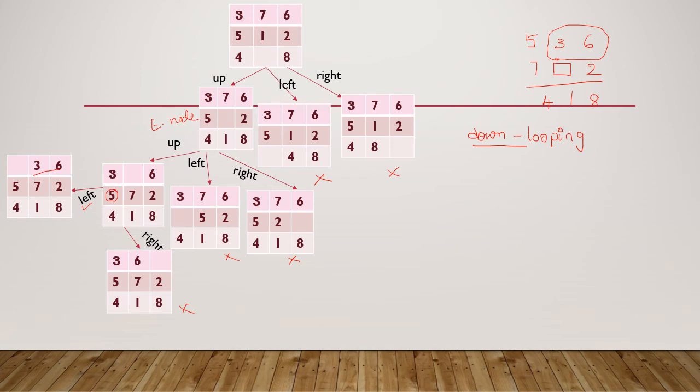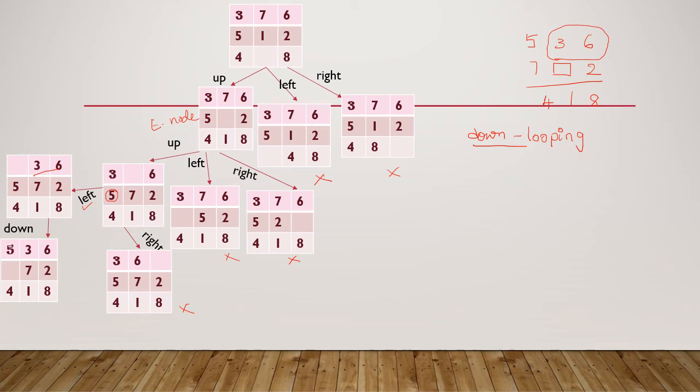Now what are the possible moves that we will be having? Either moving this down tile to the empty space or moving this left tile to the empty space. Moving this right tile into this empty slot, again it is a looping condition, so I will not do that. So the only possible move is moving this down tile into the empty slot. That is the only operator that we are considering. If I move the down tile, this is the resulting state that I have obtained.